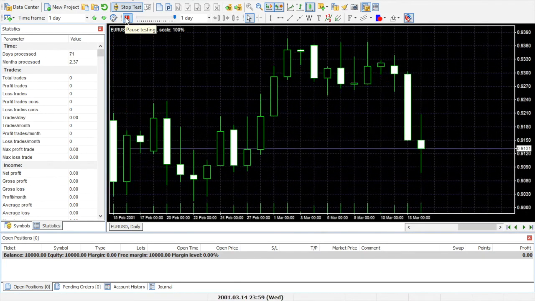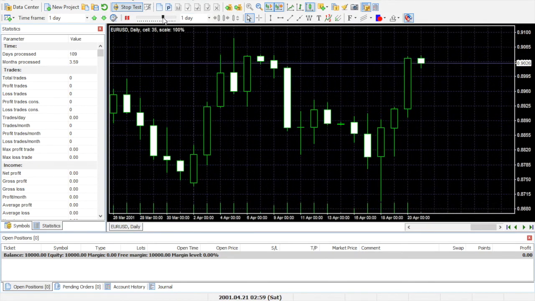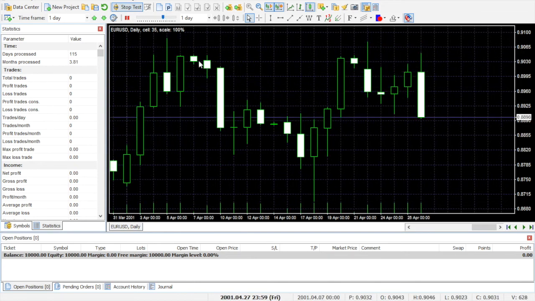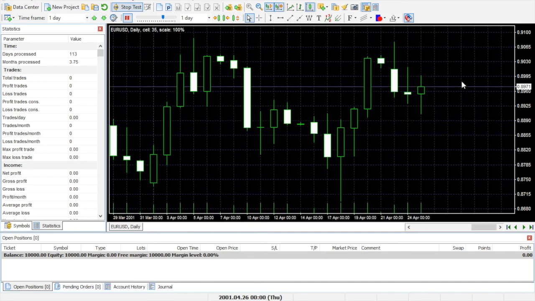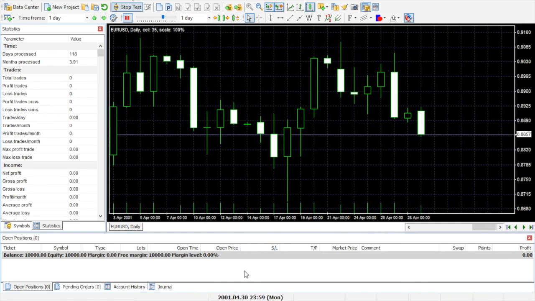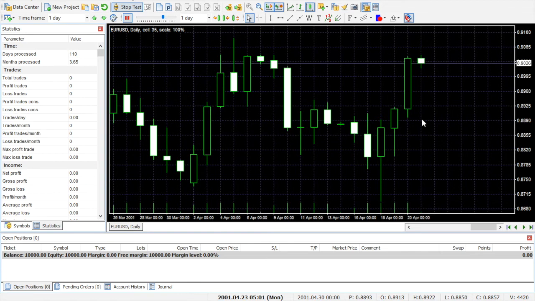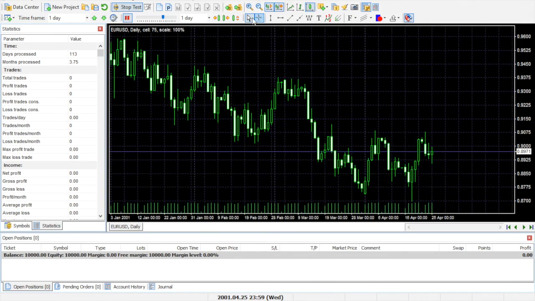So as you can see, that's moving quite fast. If I want to slow it down, I can drag this and that will move slightly slower, or I can just hit pause. And now I can do it manually. So if I press backspace, it will go back 1. If I press space, it will go forward 1. Which makes it really, really good. If you make a mistake or you missed out on something, you can just backspace back to where you were and use the space to go forward. You can zoom in and out,